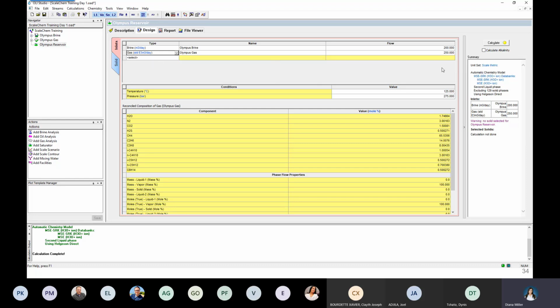And we have 250,000 cubic meters per day. Okay. And for temperature and pressure, I'm using temperature in degrees C and 275 bar for pressure. Perfect. The next step, once we define all of these flows and the conditions for saturation, then we'll go to